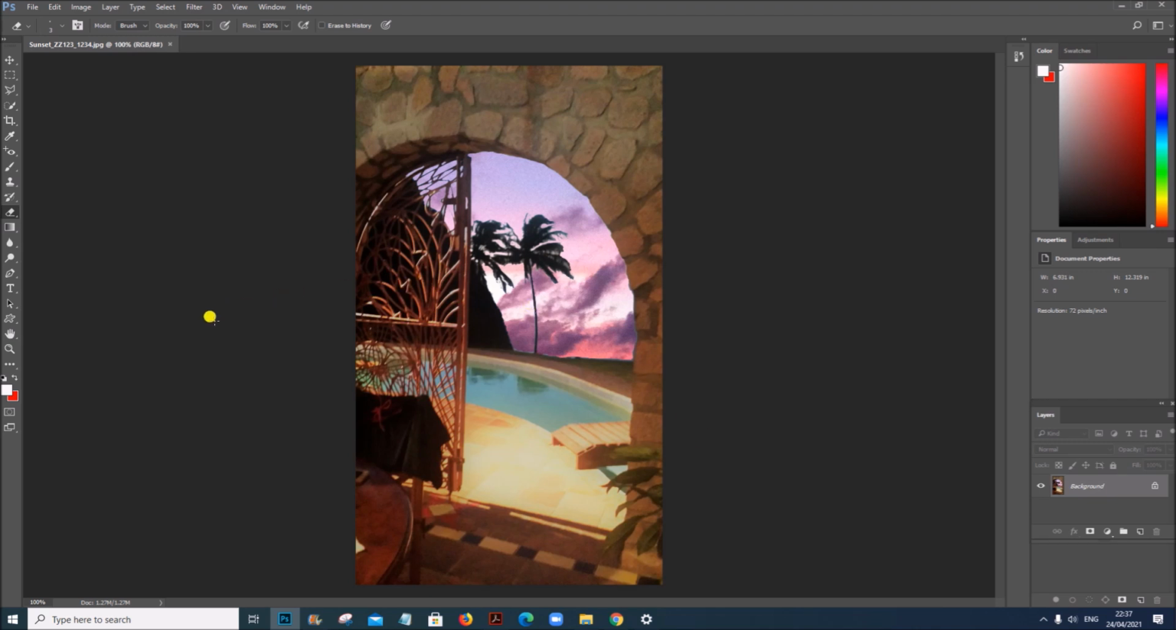For this we'll be using the clone tool. You can see the clone tool here. This is the clone tool. You can take the clone tool here and then you can select the area to be cloned. In order to select the area, just press Alt and click on that area. Then you can just select